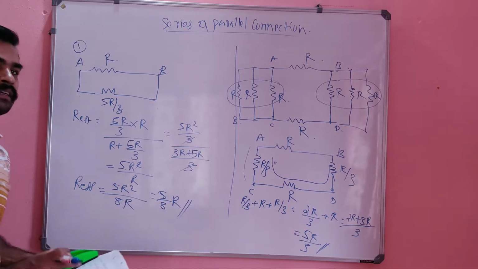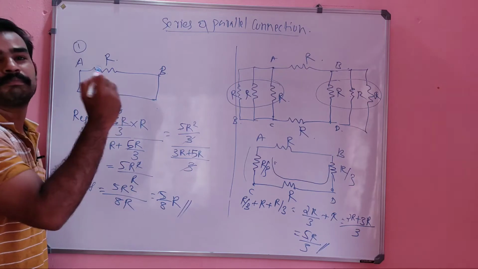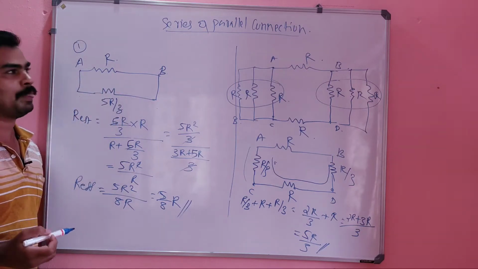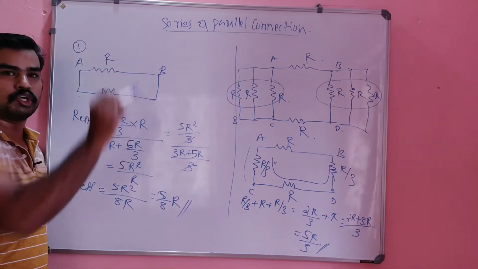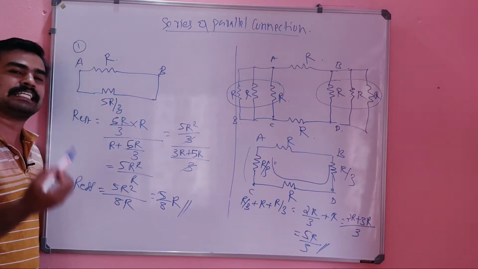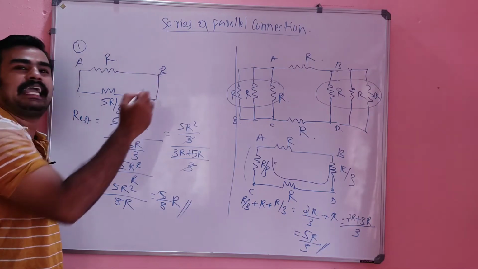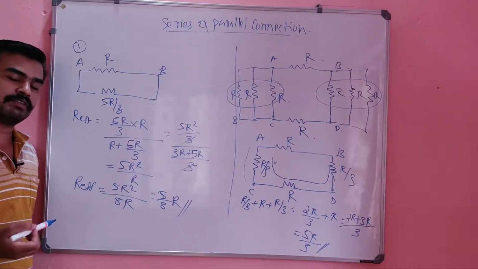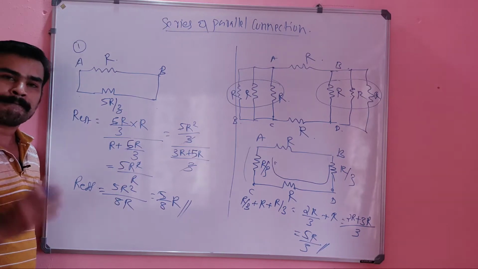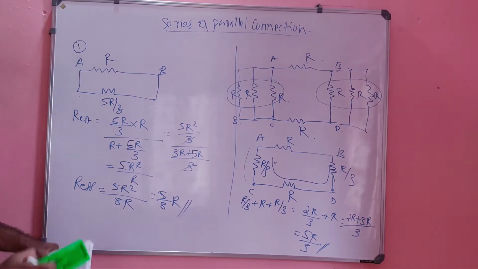The concept that we used here is the same potential concept. Suppose the point A, I already explained, the common point or the short circuited point will be considered as the same. So A and B. You can use that technique in order to solve such type of problems. Is it clear? Okay, let's move on to another problem.